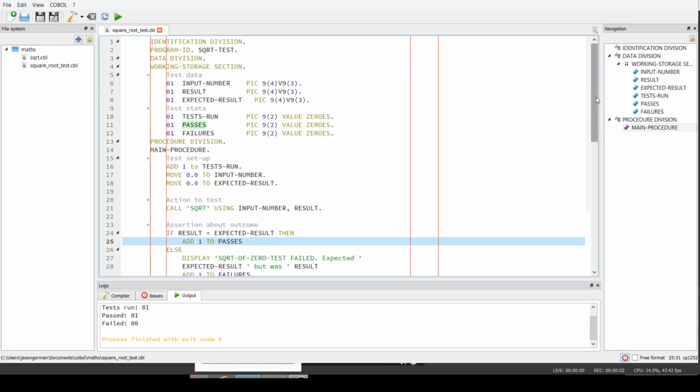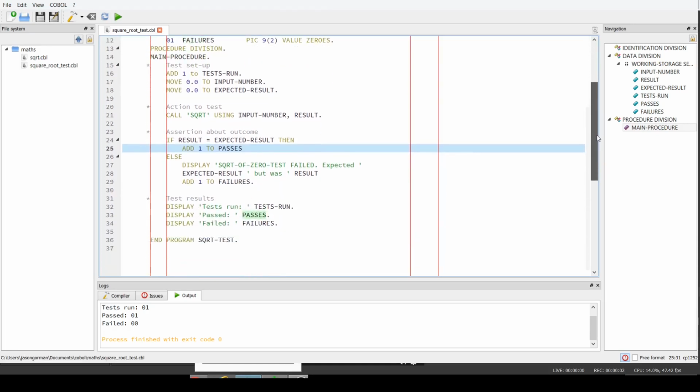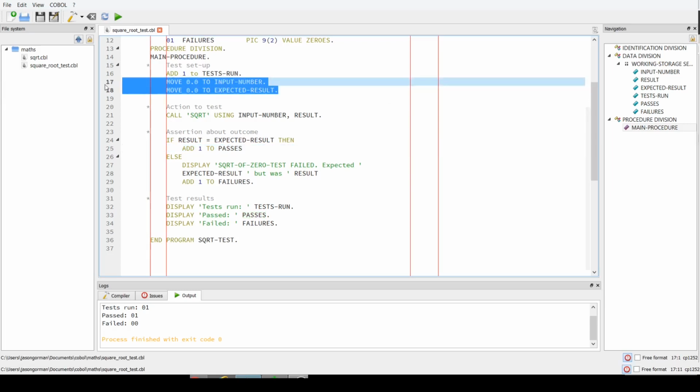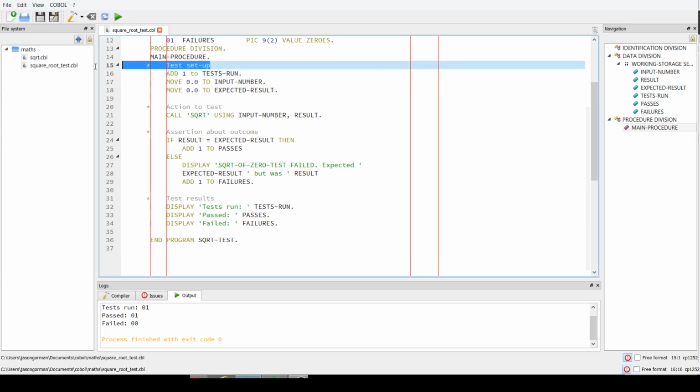So first of all, we've got our test. It's in the main procedure, so we don't have any paragraphs set up for individual tests. We'll talk about that in a bit. So I've just got the one test, and it's the simplest test case for a square root I could think of, which is the square root of 0, which we would expect to be 0. So let's take a look at this test. First of all, there's the setup for the test. That's those lines that I should probably...